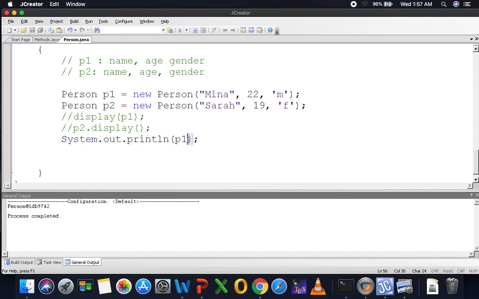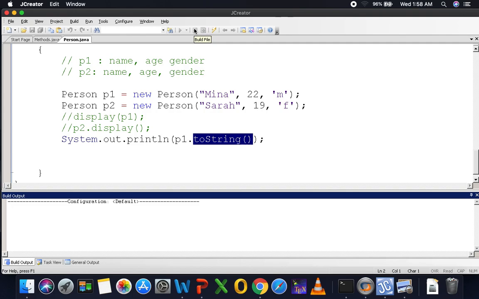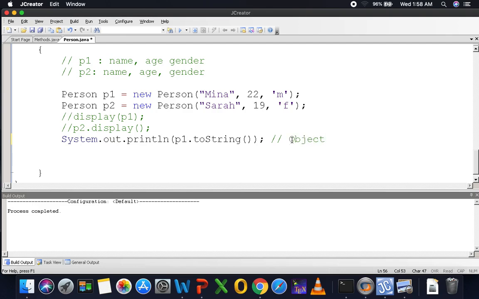Okay, thus the question is, what does Java do whenever I write System.out.println of an object? Java will automatically invoke a toString method on it. Once I compile it, Java will not complain, although I don't have a toString method implemented in the Person class. This toString method is implemented in the Object class. And since a Person is an Object, Java will know exactly that p1 also has a toString